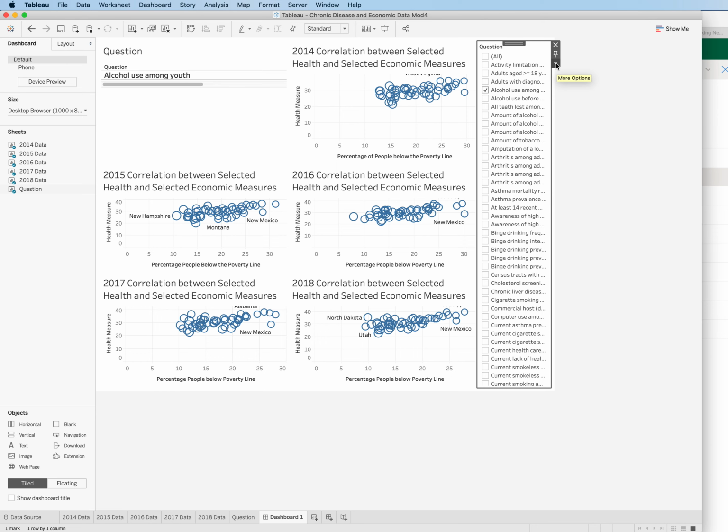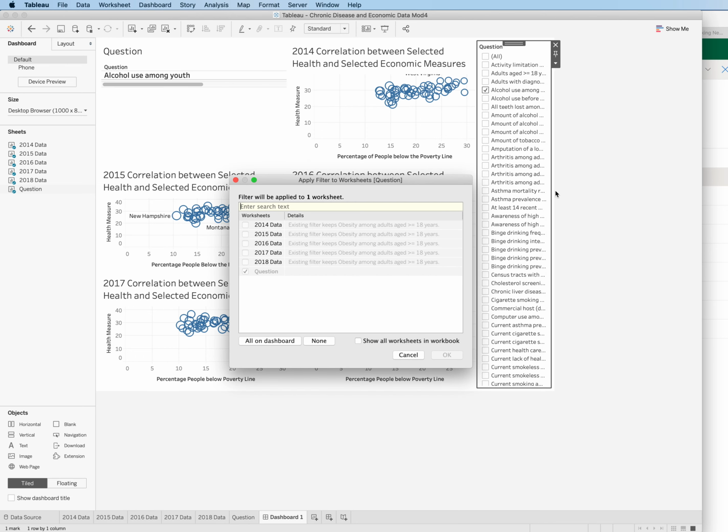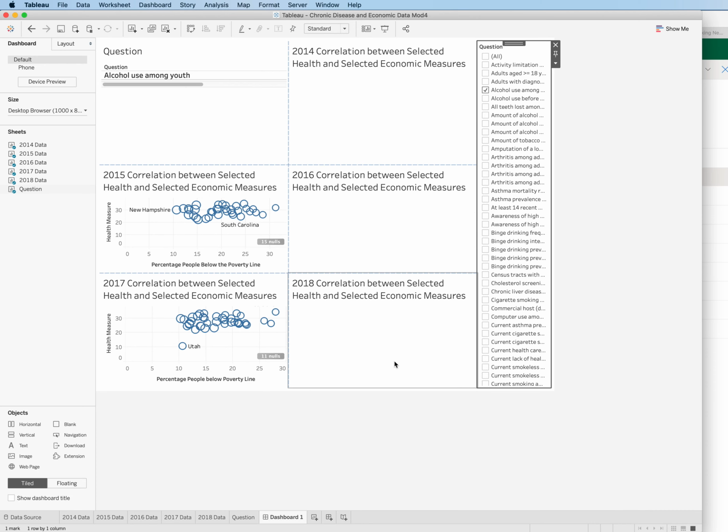And now I want more options, so I do apply to worksheets. You can't quite see it, but I have 4 options. I can do it all using related data source, as we did before, or using this data source, or selected worksheets. For only this worksheet, I'm going to select selected worksheets. That brings up all of the worksheets, and I can simply select all of them. So now this filter applies to all of the worksheets I have on here,